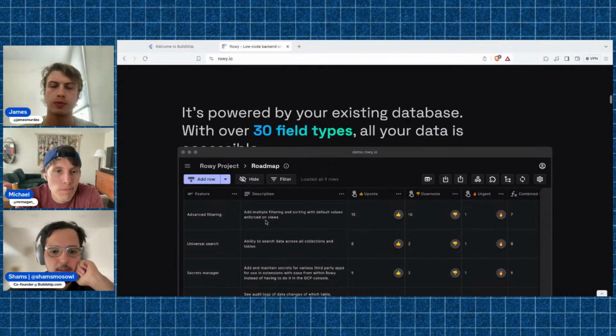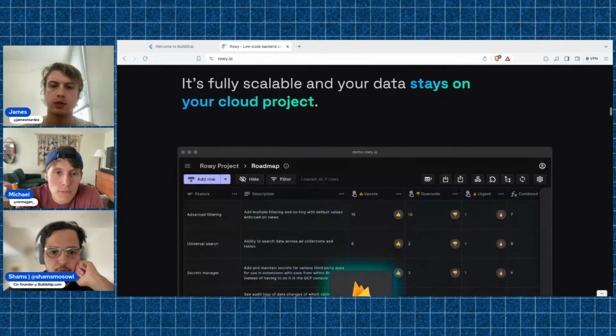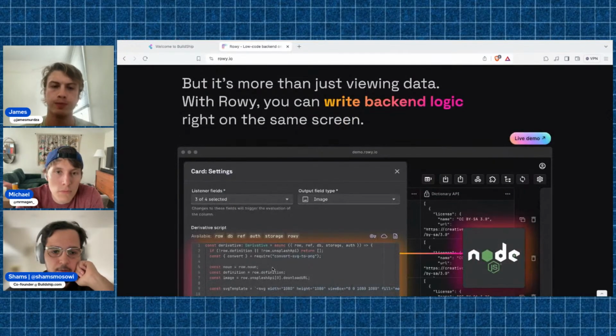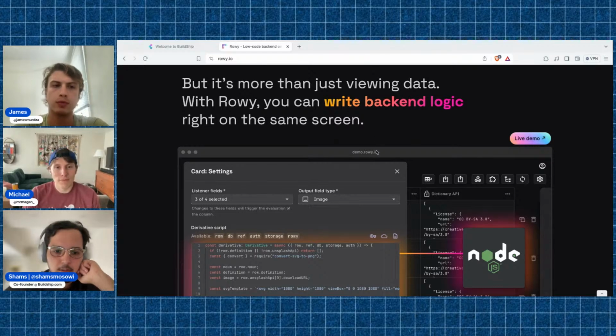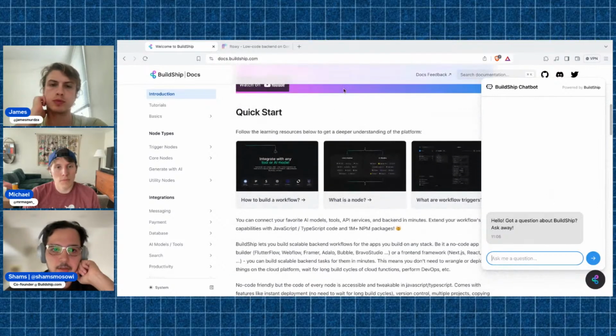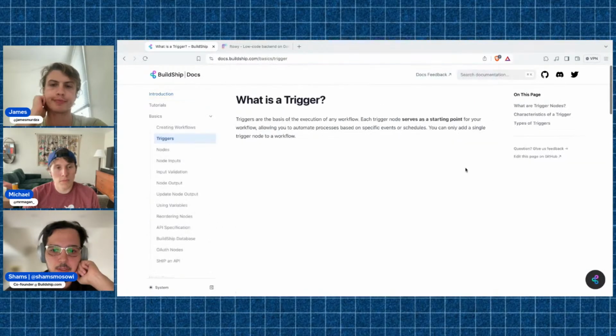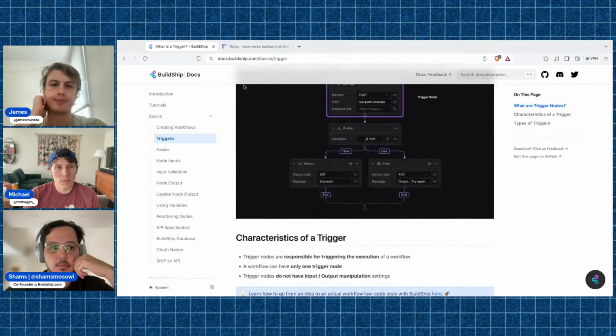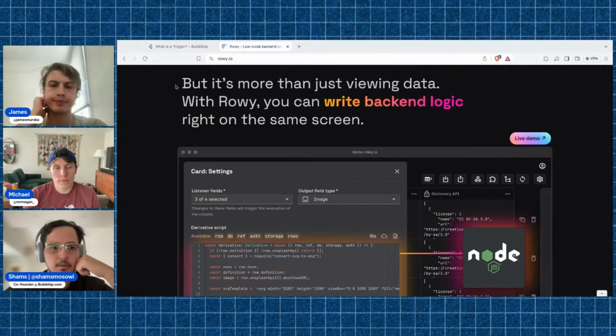So that's basically the mission of Rowie, and we did that, and then we tried to do something more interesting, like running functions in the table. But what ended up being is that it was very difficult for people to understand what's going on. So initially we wanted to improve Rowie by adding workflows to it, but then we realized it's a much bigger problem, and it's better to solve it in a workflow kind of layout as an independent product, rather than confuse the whole thing and add more features to something that already exists.